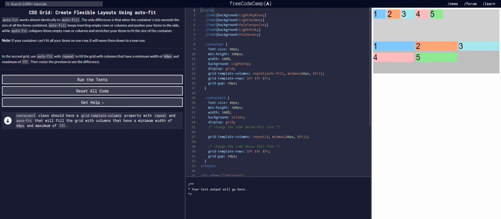Autofit works almost identically to autofill. The only difference is that when the container size exceeds the size of all items combined, autofill keeps inserting empty rows or columns and pushes your items to the side, while autofit does not. If you can't fit all your items in one row, it will move them down to a new one. In the second grid, use autofit and repeat to fill the grid with columns that have a minimum width of 60 pixels. Alright, so in the second one, we want to do repeat